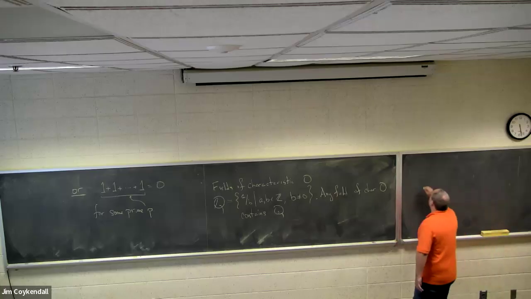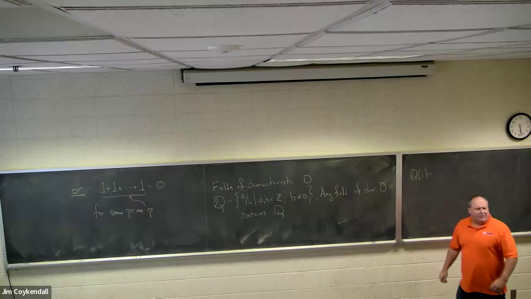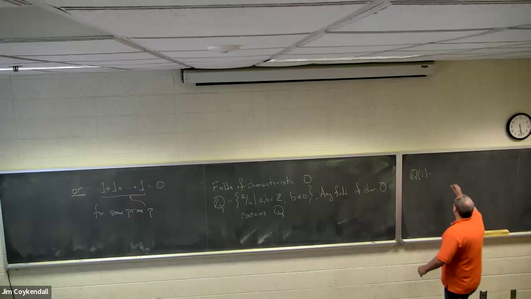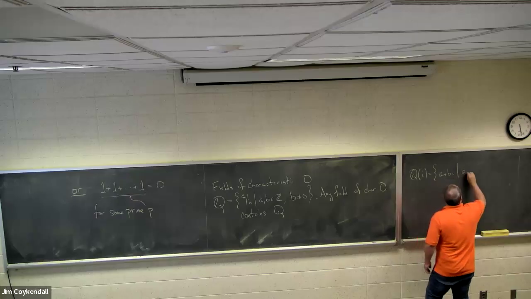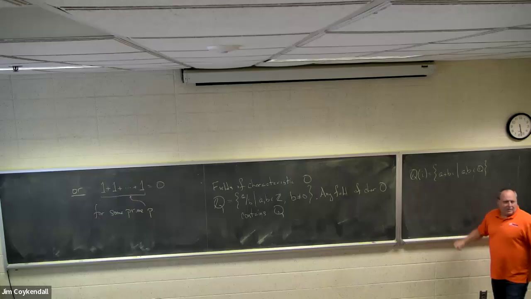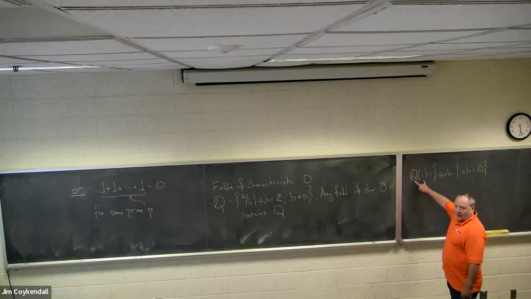Here's one right here. This field is to the rationals as the complex numbers are to the real numbers. This is the set of numbers a plus bi, just like complex numbers, except I now demand that a and b not be real, they have to actually be rational. You can check that this is a field. In fact, if you have any non-zero element,